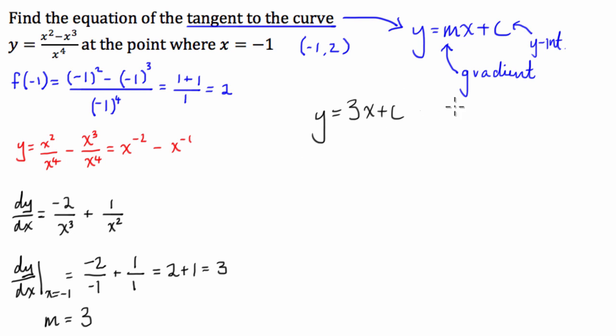Now what we can do is we can substitute in the point (-1, 2) into this formula and solve for c, because this linear equation has to also go through that point. So we're going to have y is equal to 2 equals 3 times -1 plus c. 3 times -1 is -3. -3 plus something, which equals 2. c is going to have to equal 5. So we can then say, therefore, the tangent is equal to y equals